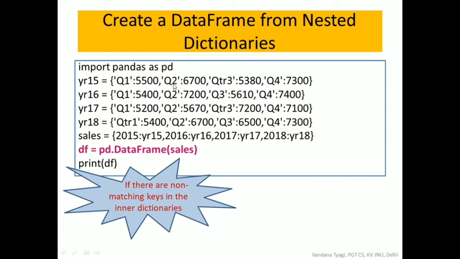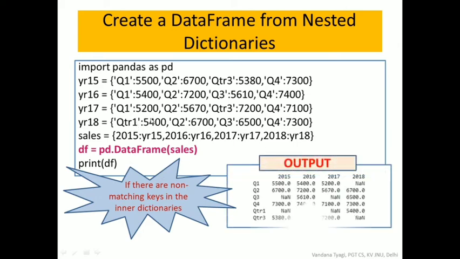Now if we use the same nested dictionary and the keys are not similar, like quarter 1, quarter 2, here we have written QTR3, then quarter 4. So this key value is not matching. Similarly here quarter 1, this key value is not matching. So what happened to my output here: all these dissimilar inner keys will take separate row labels. So we have more row labels here, and the column labels are the outer keys, so no change there. 2015, 16, 17, 18 come up as they are.